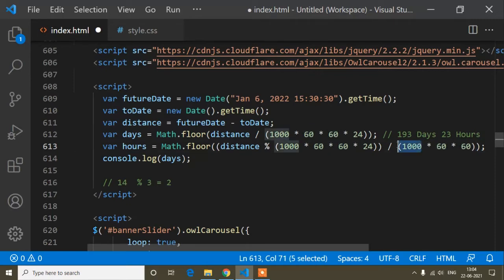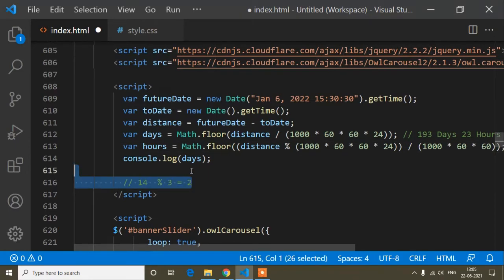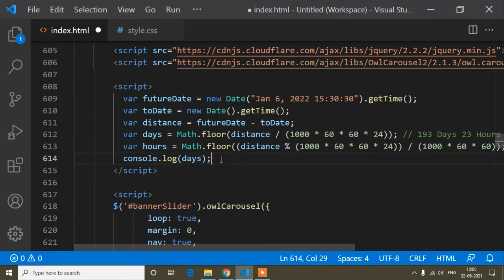And the thousand is for milliseconds, 1000 milliseconds means 1 second. So everything I'm converting into seconds this way. After that I'm dividing, and the output is the remaining hours. So this one is the calculation. In the same way I will calculate for minutes and seconds also.